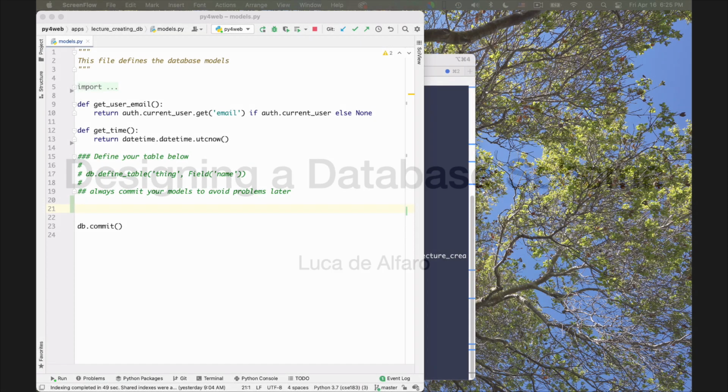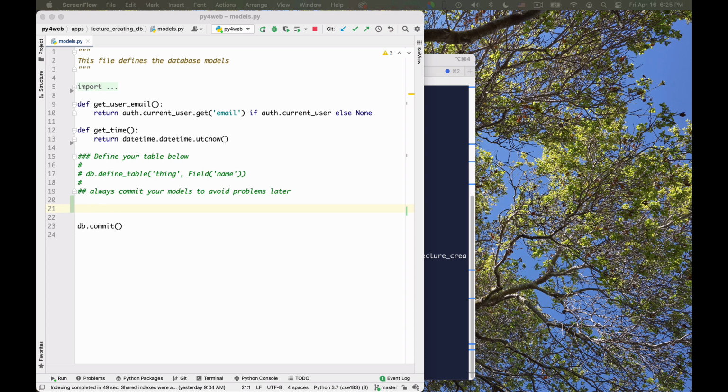I would like now to give you an example of how to design a database. So how to design the set of tables that go into a database. And I will take a simple example that is familiar with many of you. That is how to design a registration system that keeps track of which students are registered in which class and who is teaching which class.